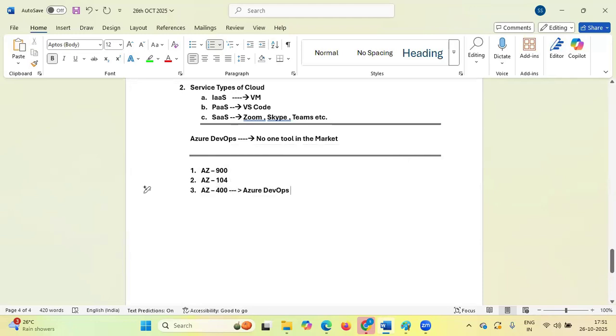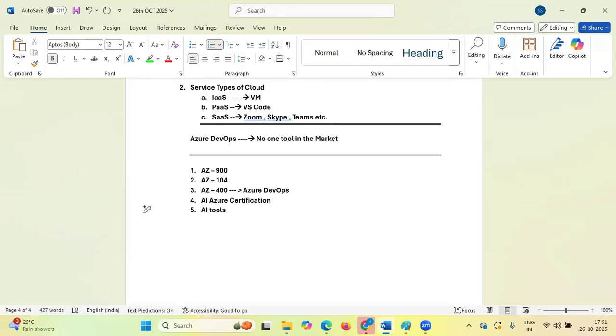Apart from that, we are also going to cover Azure AI certifications, and other AI tools like how to prompt. AI tools like Copilot, ChatGPT, Gemini, and all.